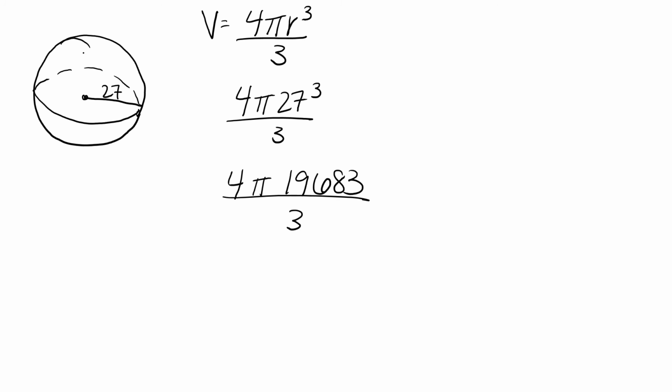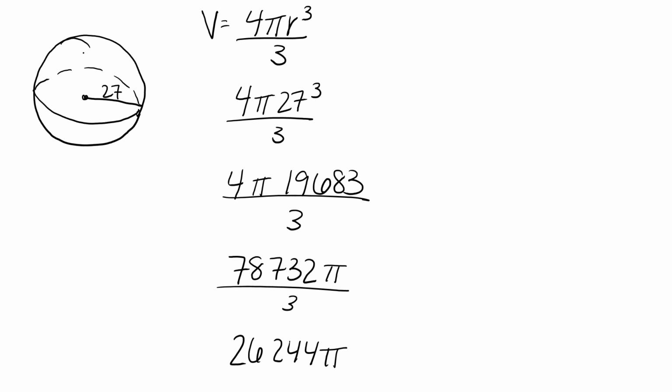We multiply that number by 4 to get 78,732. We divide that number by 3 to get 26,244. And then we multiply by pi, using the fraction from the directions, 22/7, to give us an answer of